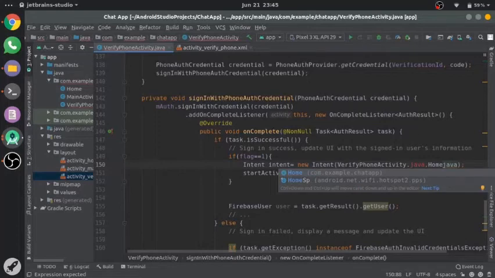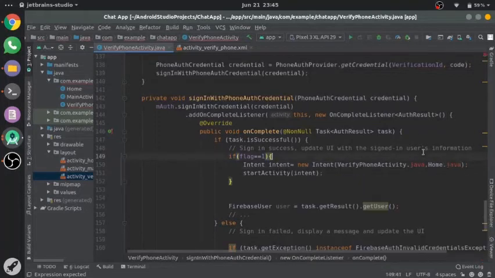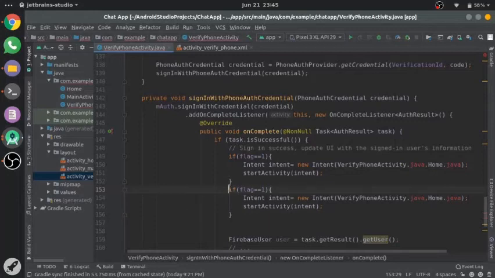Home.java. Else if flag equals 0, then we will be sending our user to sign in.java, and we will start the activity. So this is our whole code.